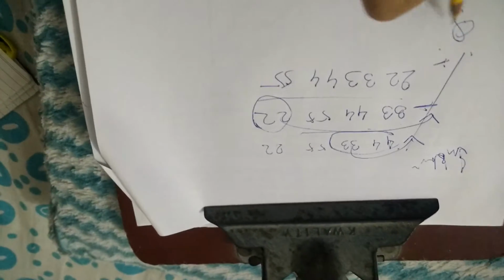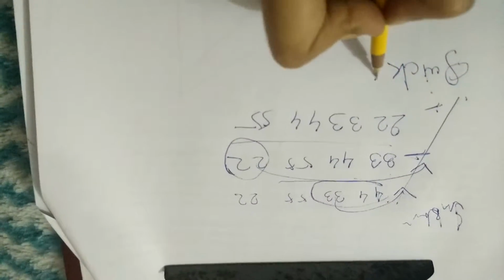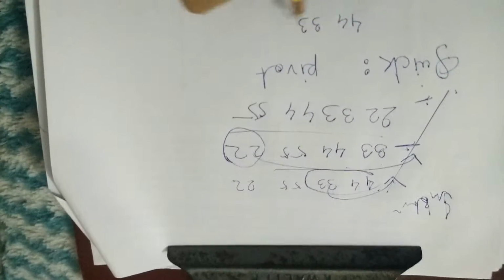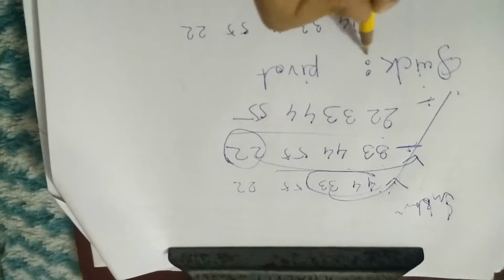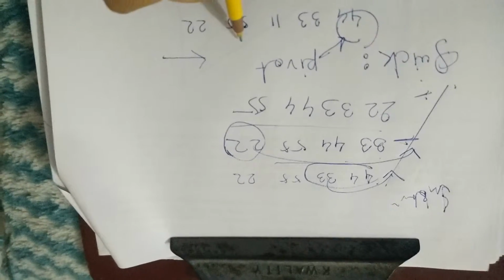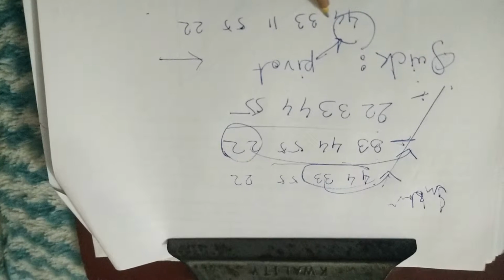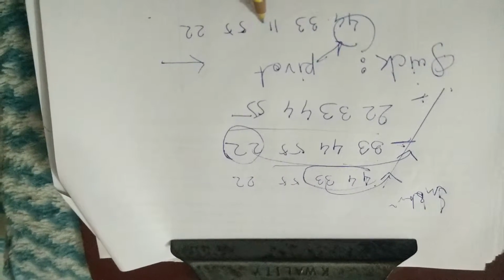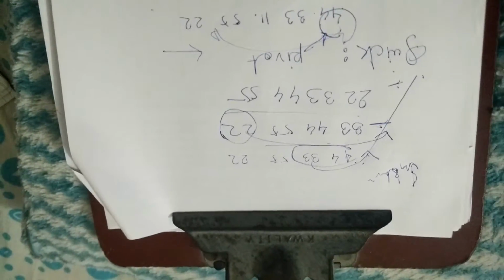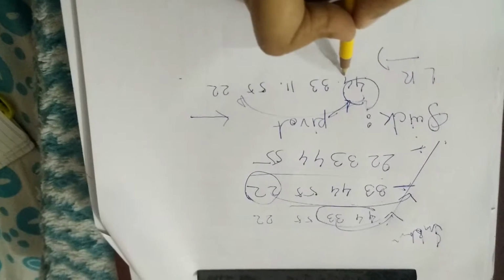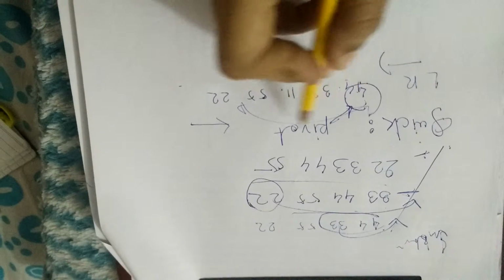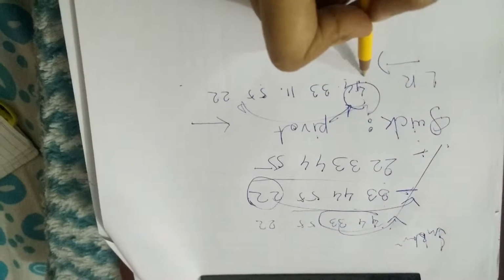Next is quick sort. Now in quick sort, we have to find out the pivot element. For example, if this is our array, we will consider our first element as the pivot element, and we will find from right to left the element smaller than our pivot element. Whenever we find a smaller element than our pivot element, we will swap it with the pivot. In the next iteration, we will go from left to right, and we will find an element greater than our pivot element. Whenever we find a greater element than our pivot element, we will swap with it.